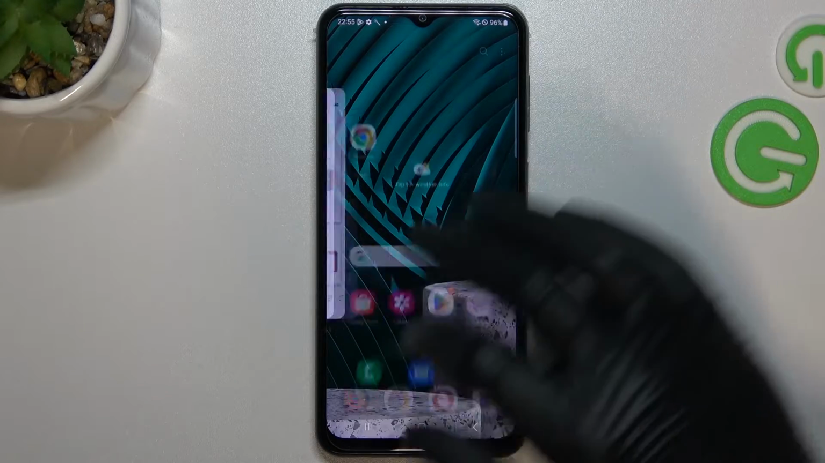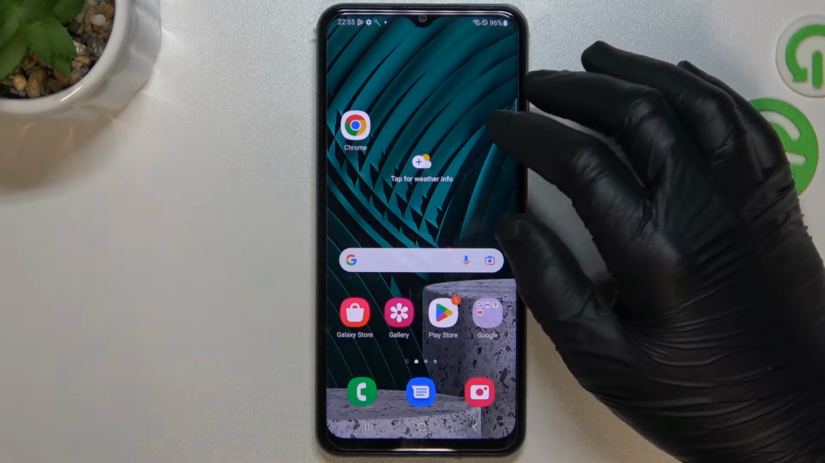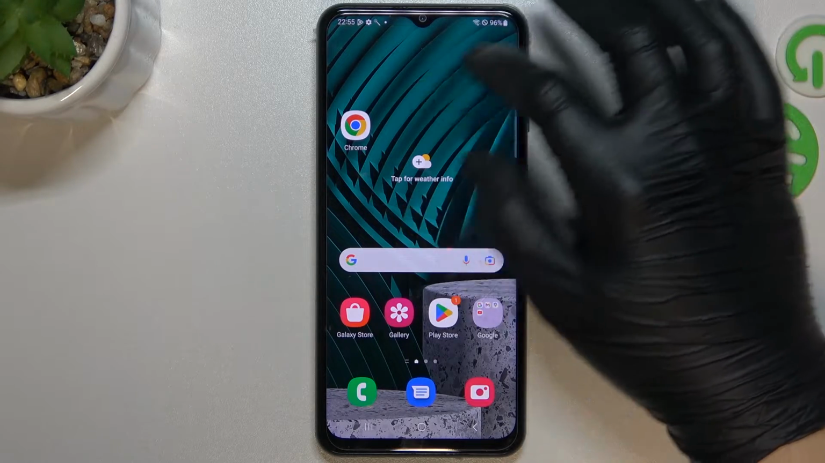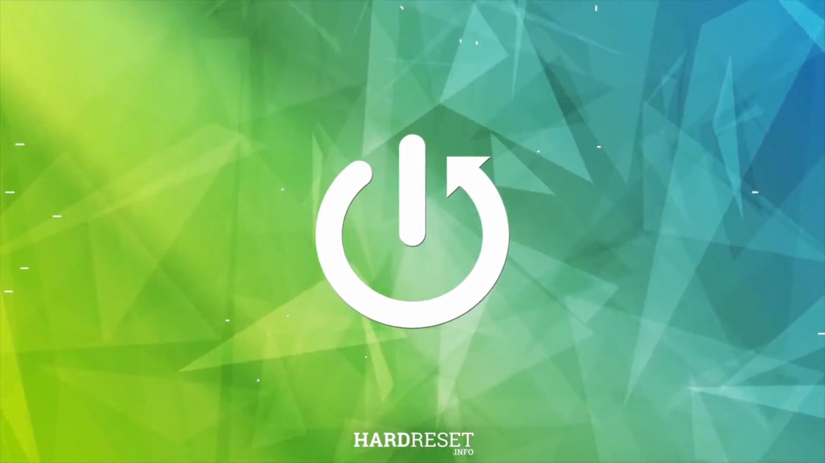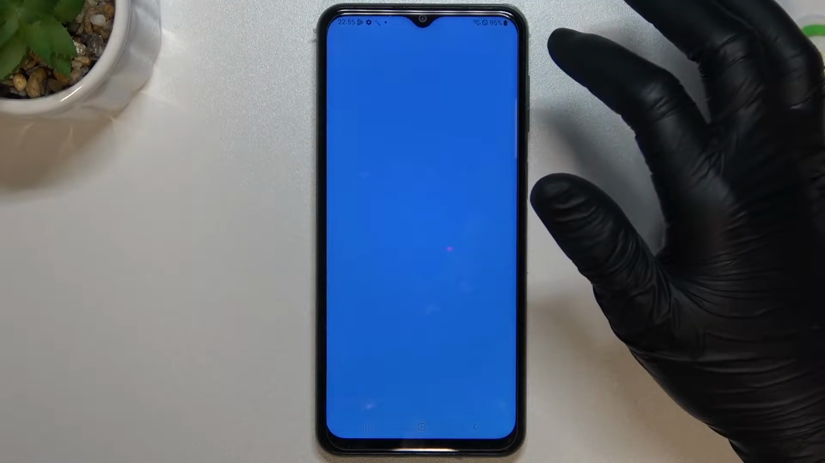Hello guys, here we have a Samsung Galaxy M33 and today I will show you how you can enable Incognito Mode on the 3 most popular web browsers from the Play Store. So we start with Google Chrome